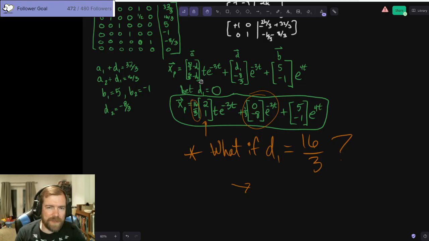Right? And then if we make it negative 16/3, well, that's just going to mess everything up, because then the eigenvector is not going to be the same in the middle for d, and then the a vector is not going to be in a 2-to-1 ratio. It's going to be a 2 to 3, 3 to 2 ratio. So, man.